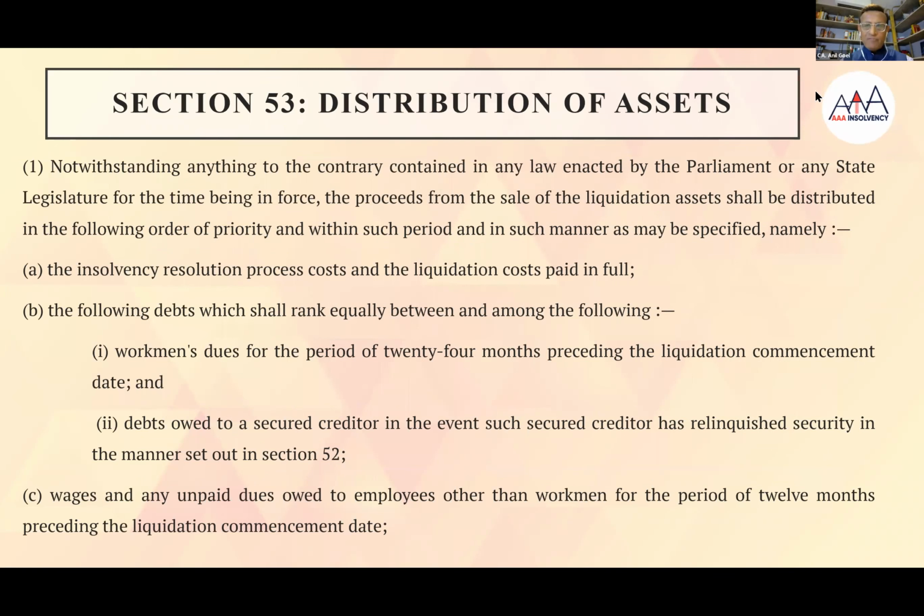Now, why are we presenting Section 53 here? It is very important to understand that when we verify the claims, first of all, the insolvency resolution process cost and liquidation cost has to be separately admitted, stating that it gets priority treatment and is being admitted under clause A of subsection 1. Then, when we admit the claims of workmen, we have to segregate the workmen dues: one for 24 months preceding the liquidation commencement date or the CIRP commencement date, and others. Others means that if it is beyond 24 months, then it will go to